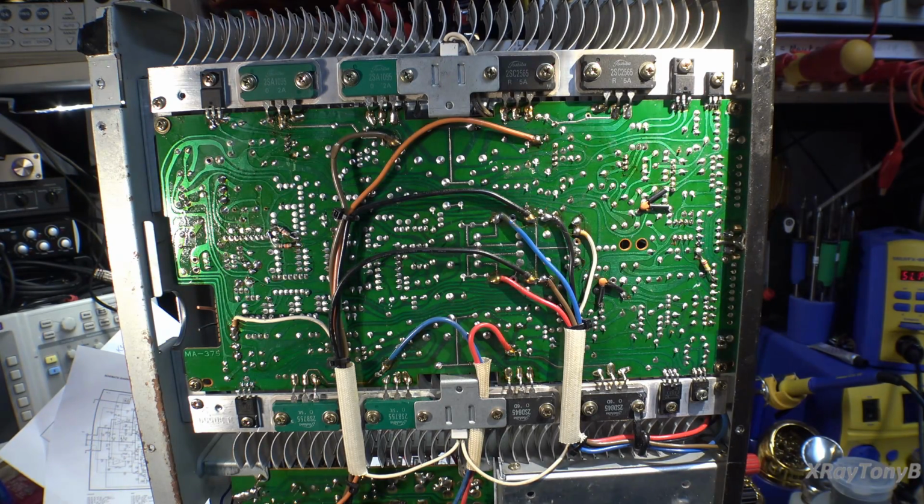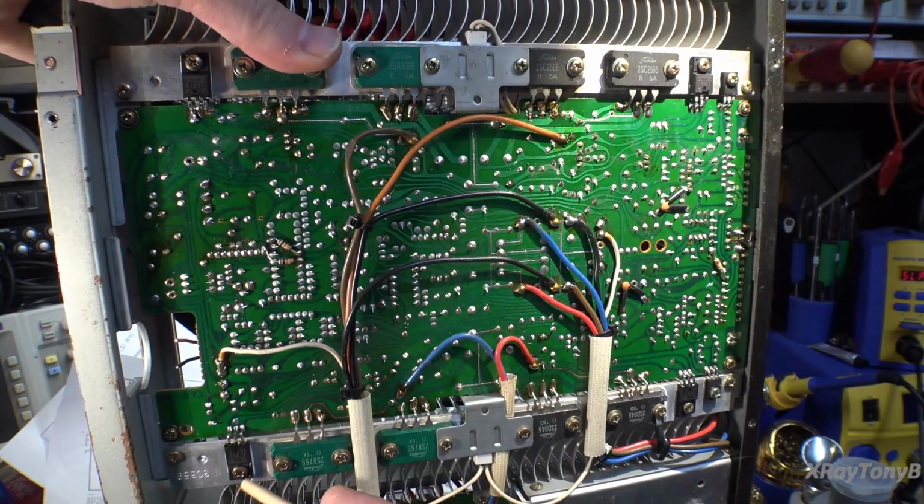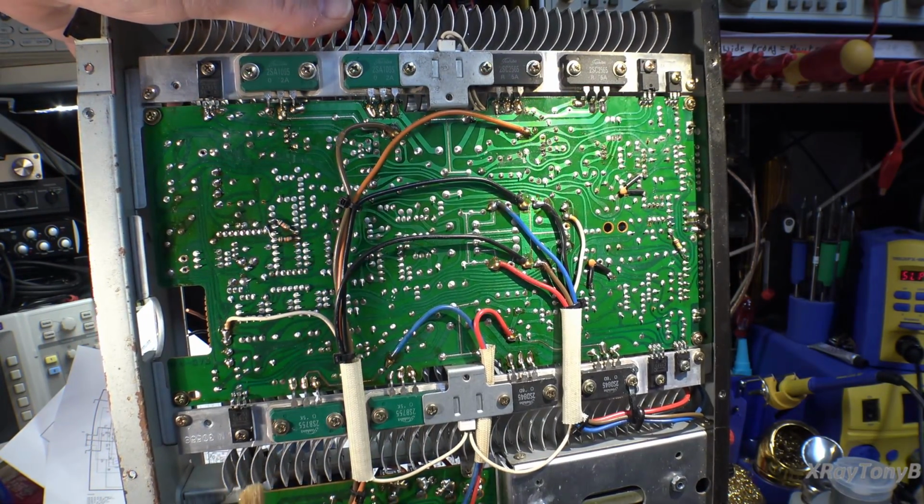So what I did was I ended up finding some suitable substitutes. Those 2SC2590 ones and 2SA1111 ones are getting pretty hard to find. I mean, you can find them here and there piecemeal, but it's kind of tough. So what I ended up using were almost a perfect match as far as transition frequency, voltage, wattage, everything. I ended up using these Sanken ones, and they have the isolated tabs, meaning the whole case is made of plastic, so you don't need to use the insulating pads or any of the mica pads,